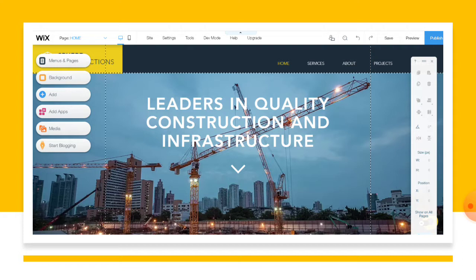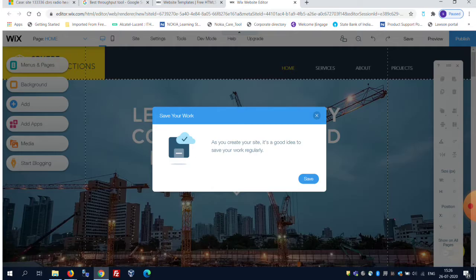So like that, any kind of editing is very easy, but before that you need some idea about how your platform should be. As per your requirement, you can edit any area in this page. Once you finish all editing, in the top right corner you can see three options: save, preview, publish. Preview option, you all know, you can see the preview of your website. And once you click the save option, it's a good idea to save your work regularly. Your photos, videos, anything, whatever you want, you can edit it.